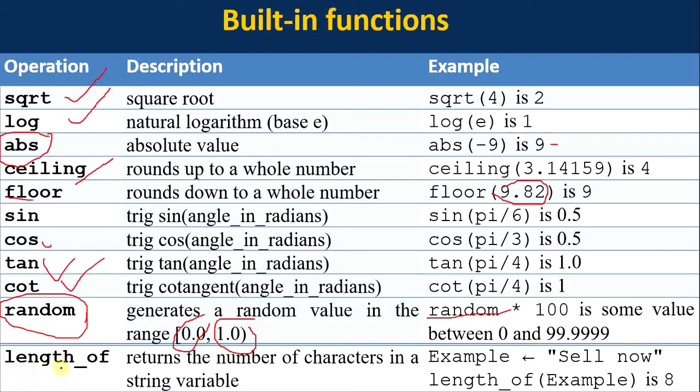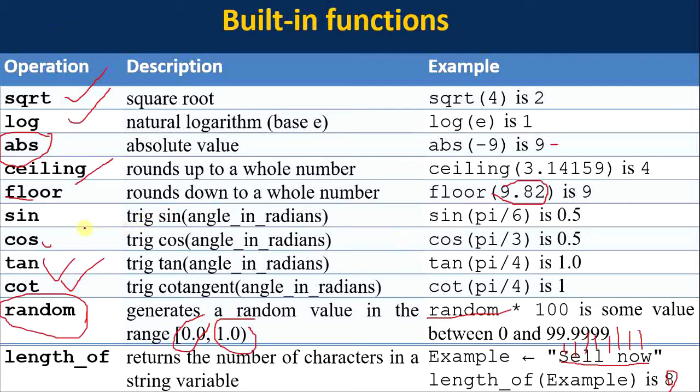This length of function is to find the length of a given string, length of a given message. So for example, here if you give this as an input to the length of function, it will count the number of letters inside the double quotes and it will give you that count. While counting, it will consider all the symbols: alphabets, digits, special characters, spaces and all. So if you observe here, this is one character, 2, 3, 4, space is also one character, 5, this is 6, this is 7, and this is 8.